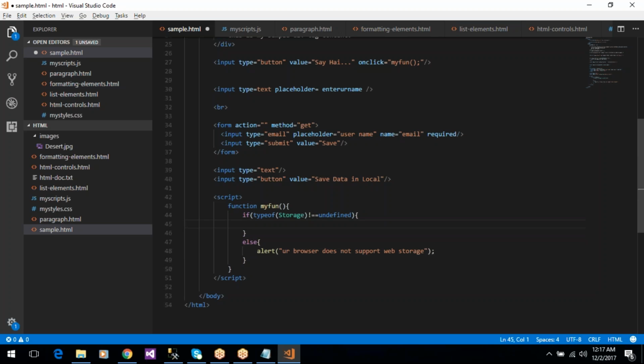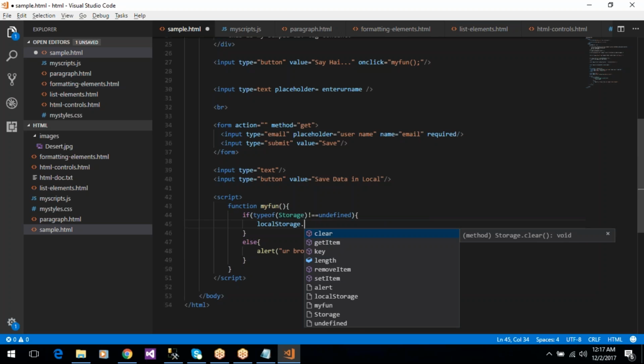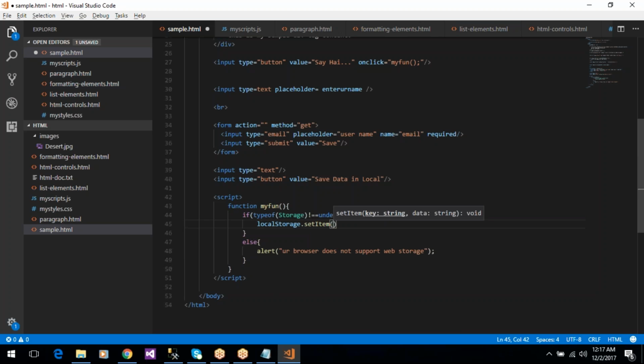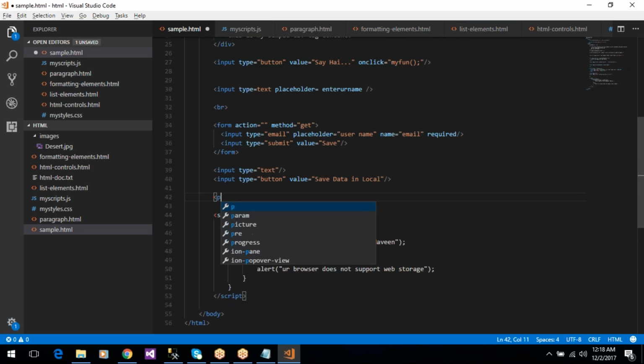Okay, so if the browser supports web storage, it will create a local storage variable. The variable is empname, the variable name. Okay, so Naveen is the empname, so this name will be available in the empname variable. So if you want to access this name and display that name in a paragraph,